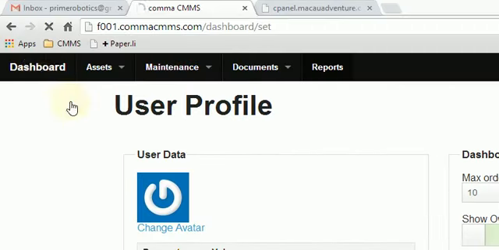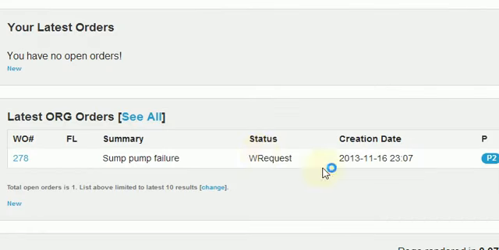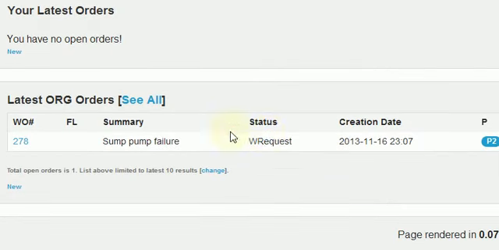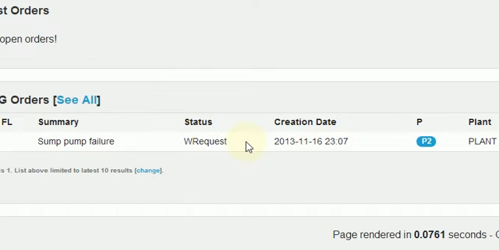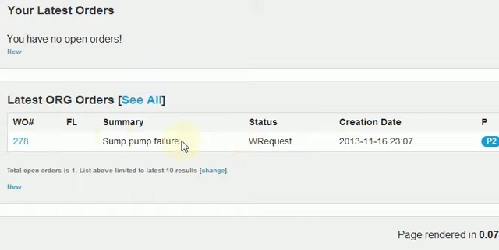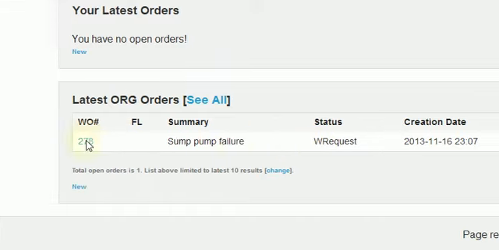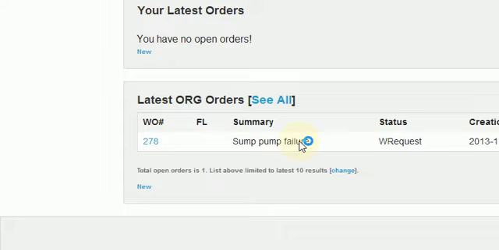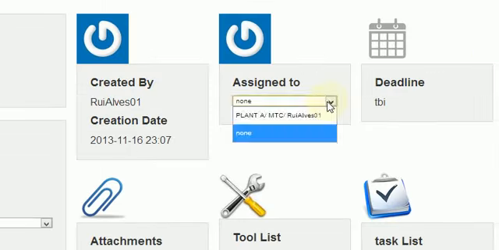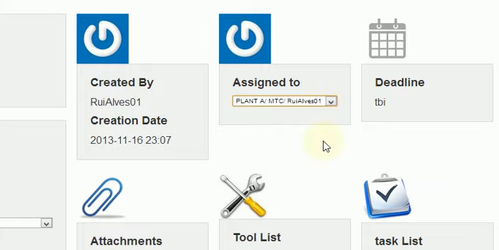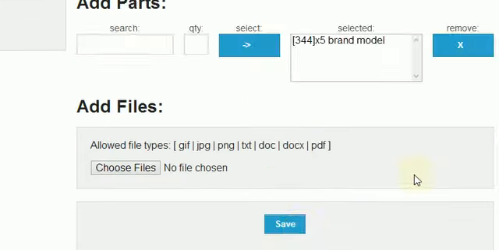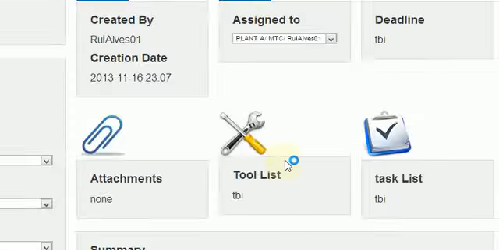Go to dashboard, and you will see the order that you have just created on your list here. And basically it can now start, all the workflow related to orders can now start. And just as an example, we'll go inside this order and I will assign it to myself. So assign to myself, and we will save it,